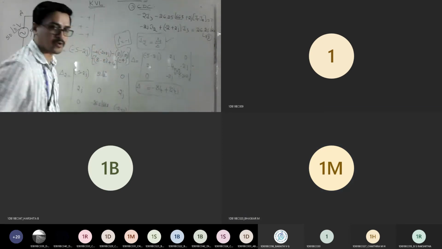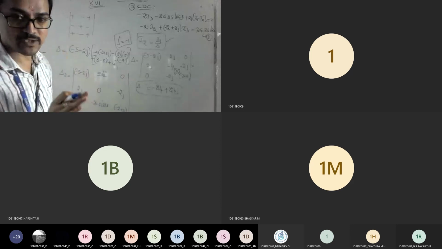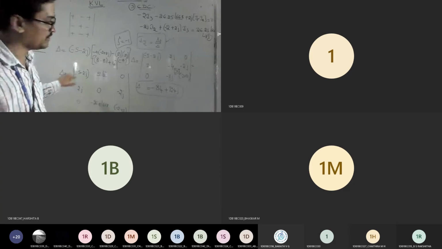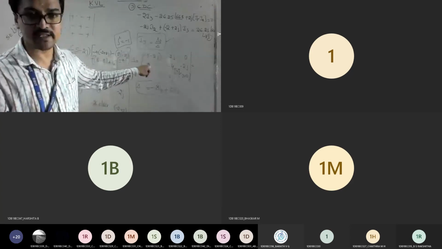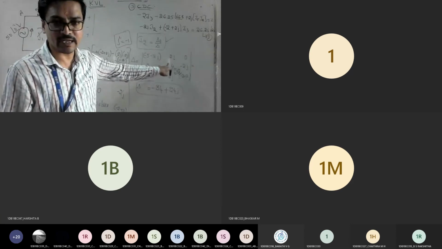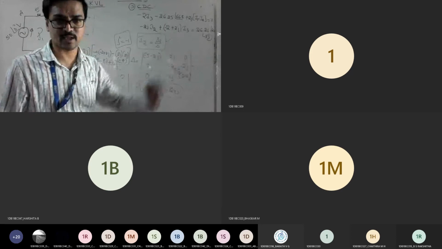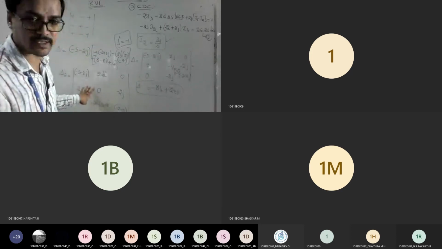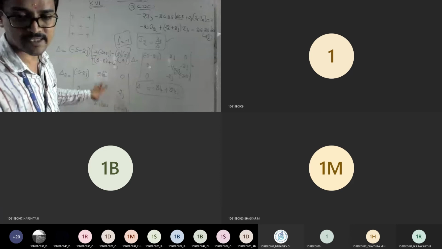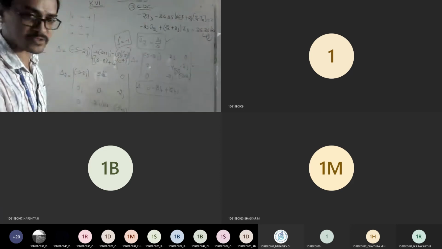I'm writing this for one problem, so next time onwards I want you to solve this. If you have any doubts, clear them now only. To find delta 1, the first column should be replaced with the constants. To find delta 2, the second column in your delta should be replaced with the constants. For delta 3, the last column. Since we want only delta 2, I told you to remove the elements present in the second column and replace them with constants. Now the same procedure.